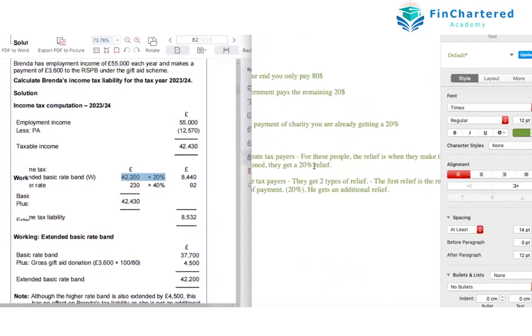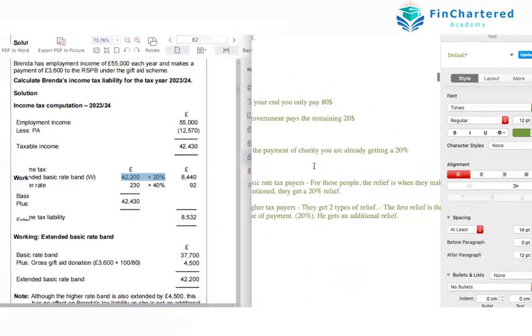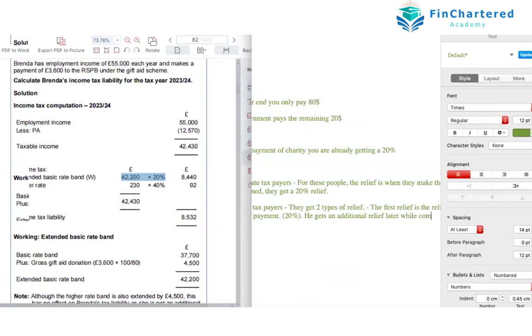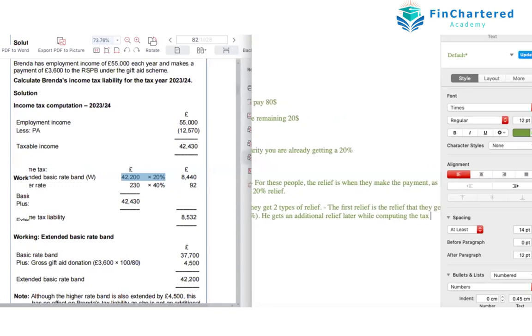She gets a 20% relief on that. But then she also gets an additional relief later while computing the tax liability. Are you understanding? Clear? And how to calculate